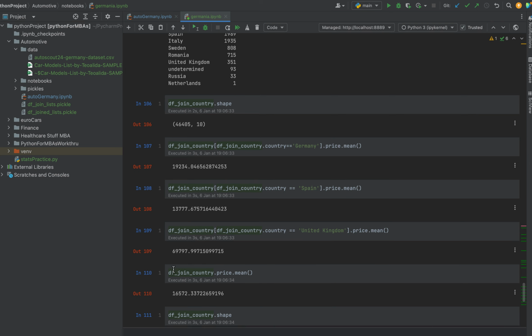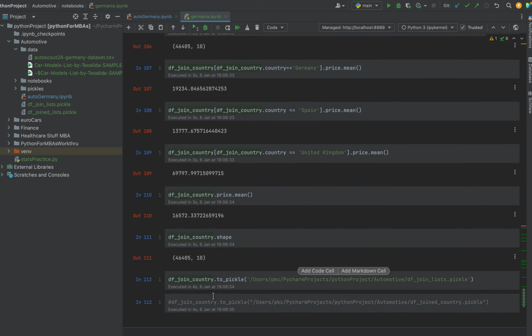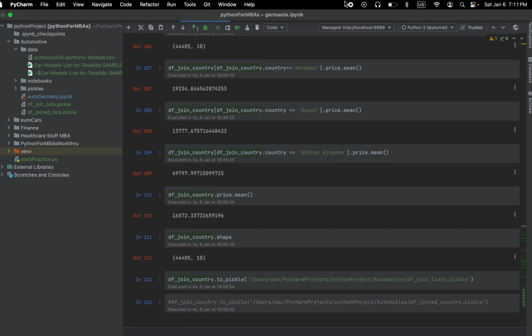I don't know. But this was kind of interesting, and then I pickled it to a join list, and now we have extra information. We have the country of origin, and maybe that'll help us do some of the analysis, see if that affects the price or anything like that. So that's it for now. We'll move on to something